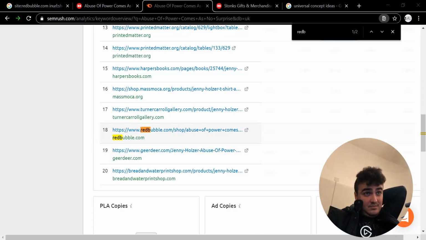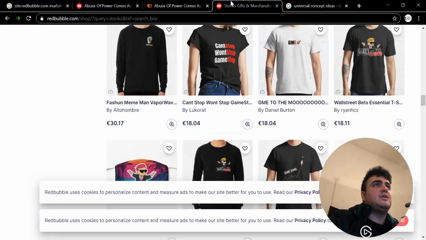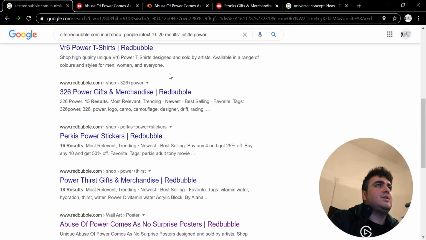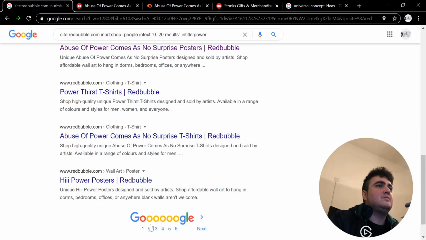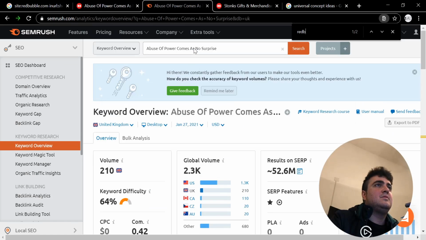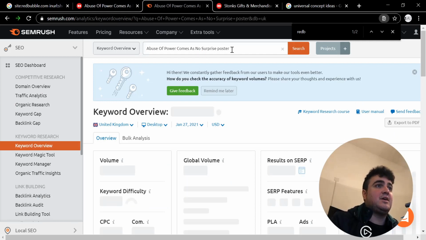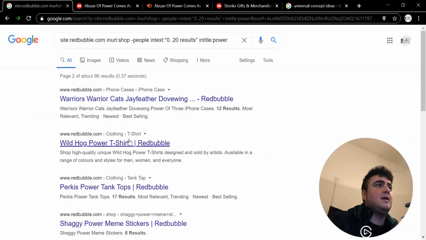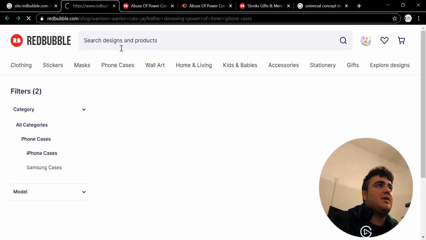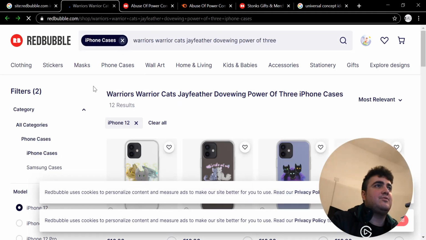So, yeah, guys, using universal concepts and my search operators to find text-based designs is a really, really good piece of advice. It's really strong.